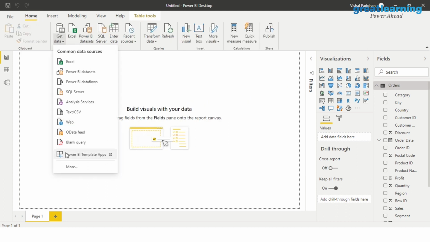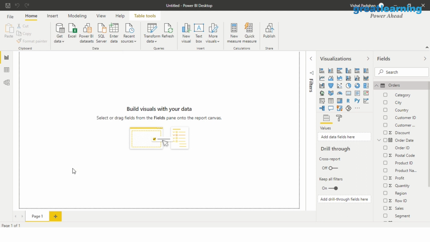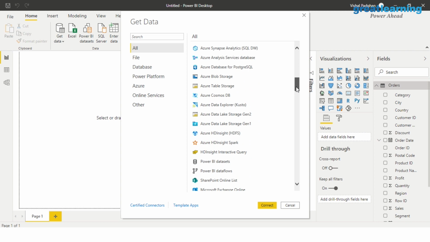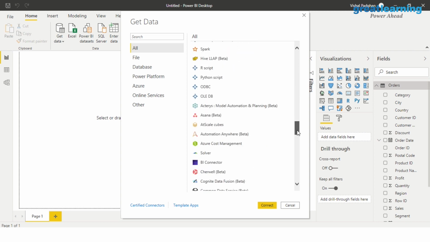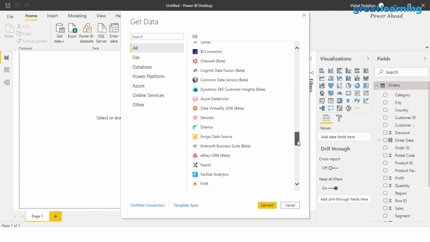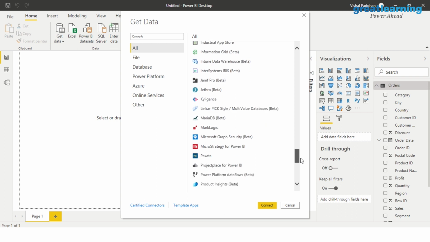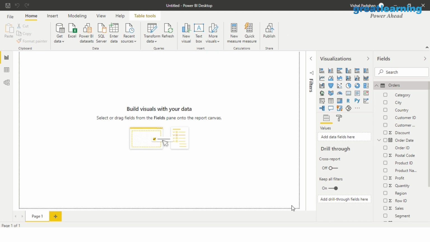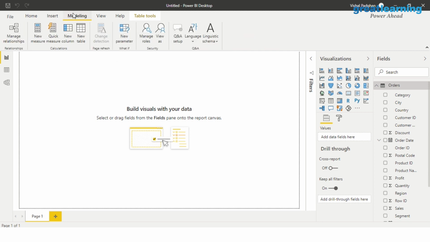If I click on get data, you'll see that there's so many data sources here. I mentioned that there would be very few data sources to which Power BI cannot connect to, and I'm very sure about it. You see, you can connect to all these data sources that are there with you, and these are plenty of data sources. I'm sure there would be very few organizations that use anything apart from these data sources. So you can go ahead and choose your data from all these data sources. You can basically go ahead and work around with other sources as well, right? If you come here, you see you have options of data modeling.